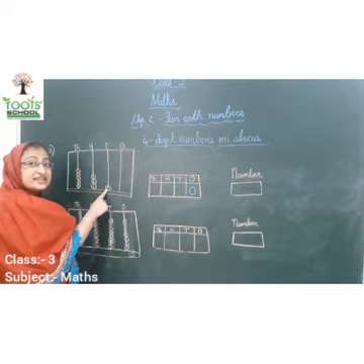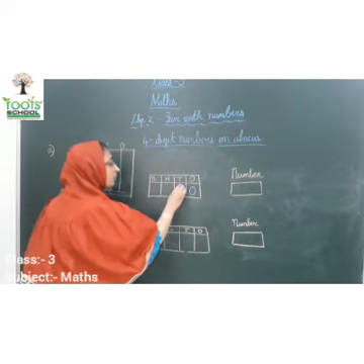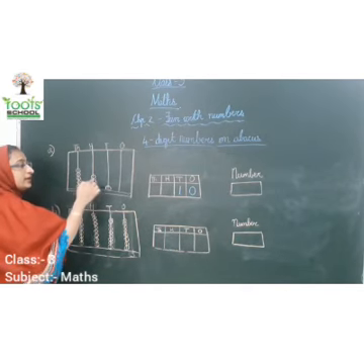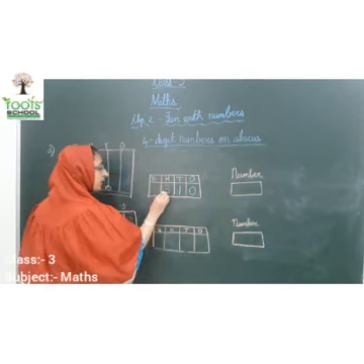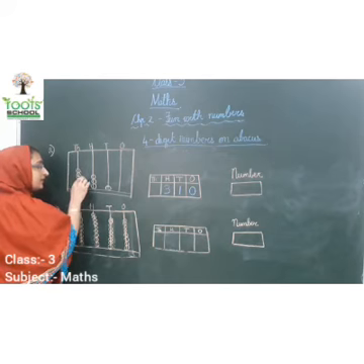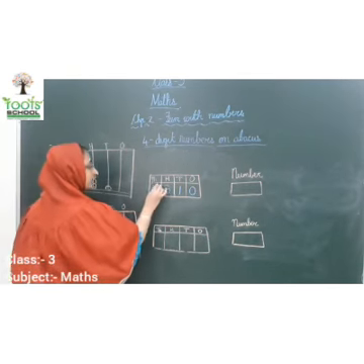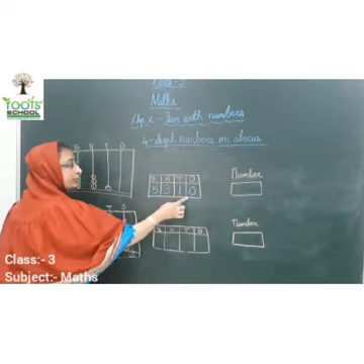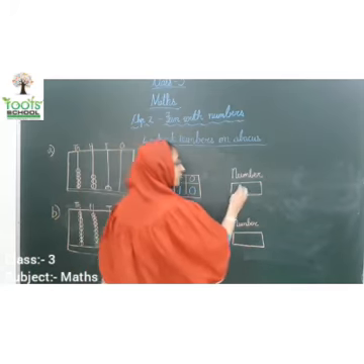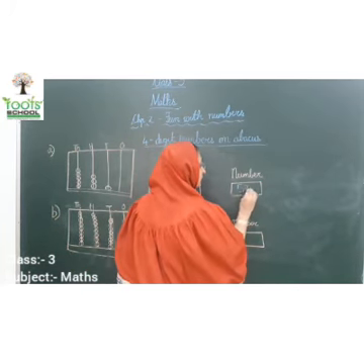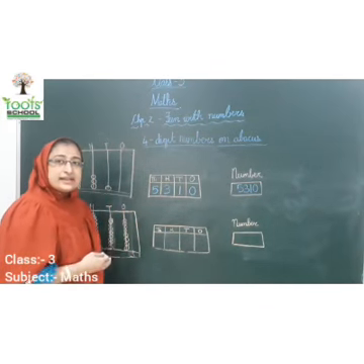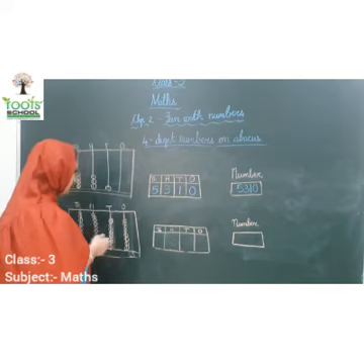Now let's move on to place value at tens. How many beads you can see kids? 1. So you will write here 1. Now at the place of 100, 1, 2, 3. So you are going to write your number 3. Now kids, at the place of 1000, 1, 2, 3, 4, 5. So this is the number you have got, 5310. So this number you are going to write over here, 5310.